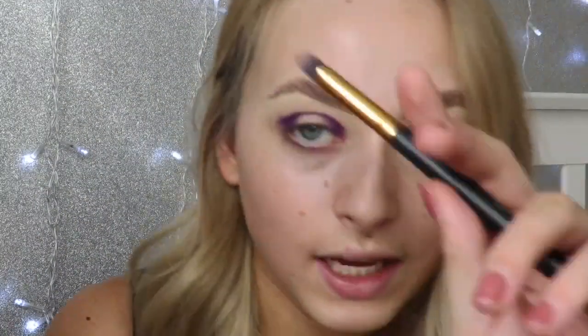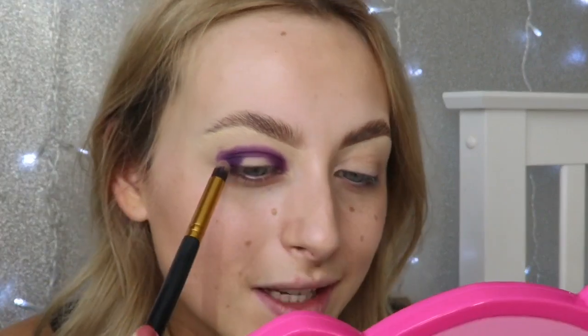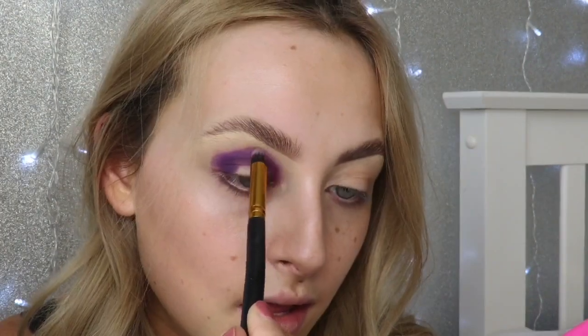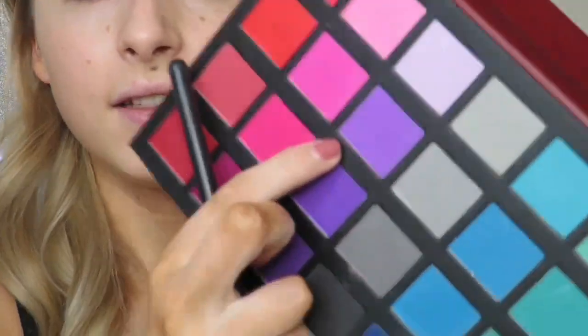I'm going to leave that like that for now, and then I'm going to take the tapered brush again and move one shade up. The only thing I will say is the difference between them two purples isn't really that major, but I'm just going to run it. Okay, so I've just done the same on the other eye,